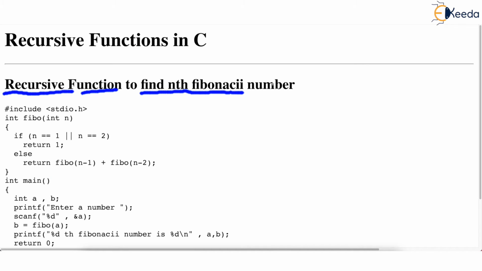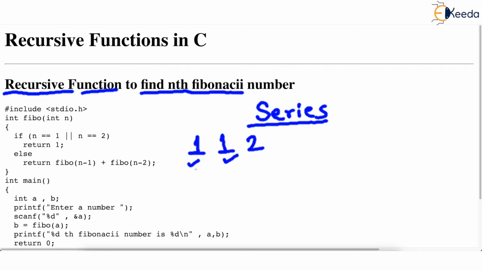Now all of you know that the Fibonacci number is actually a series of numbers. It's actually a series and we can start this series, let's say, from 1, 1. So the first two numbers we are assuming are 1, 1 in this series. Now the next number is always given as addition of previous two numbers. So here the next number is going to be 2, 1 plus 1.